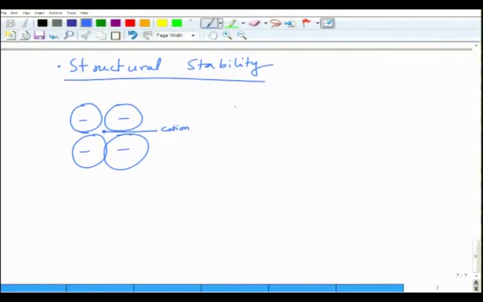Another configuration is where you have an anion, and a cation which is nearly touching the anions like this. In this case your cation is very small as compared to the anions, and it is not touching the anions. And then you have another structure in which you have this as a cation, one of your anions is like this,